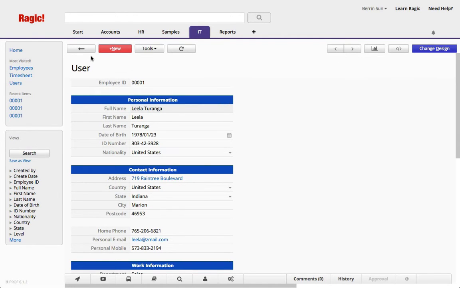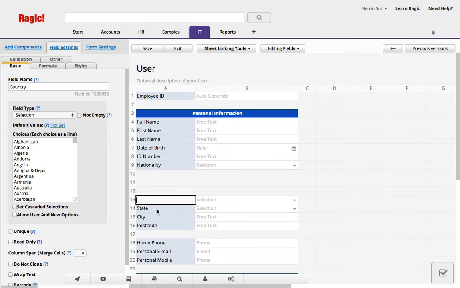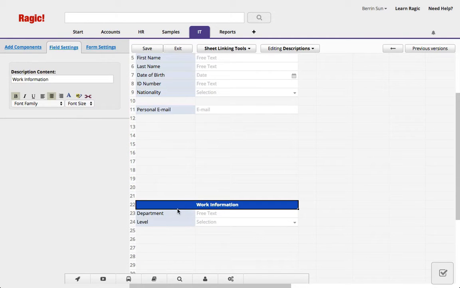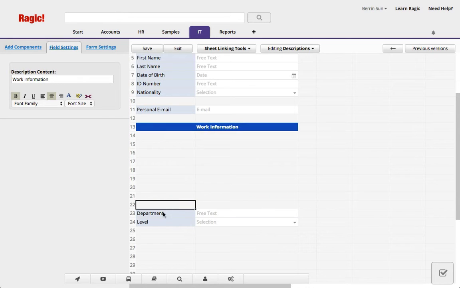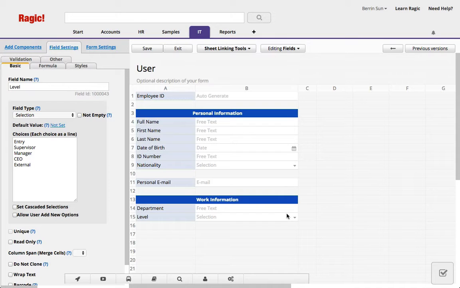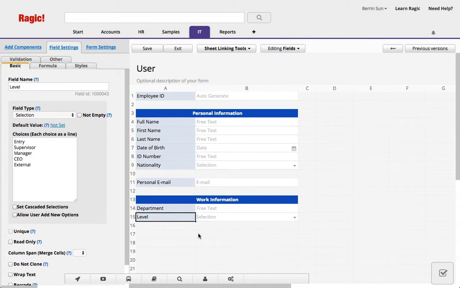When you do this, you can just change the design and delete all the information your IT department doesn't have to see. So we might only need the email field here. And then, yeah, this can stay as well. So you can see that you can play around and delete all the fields you don't need. Some people ask me how to delete fields. You just select any of the fields you want to delete and then press delete on your keyboard or backspace. So that's how you delete fields. And you can just drag them to move around.